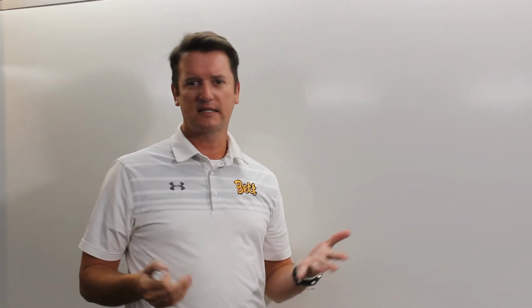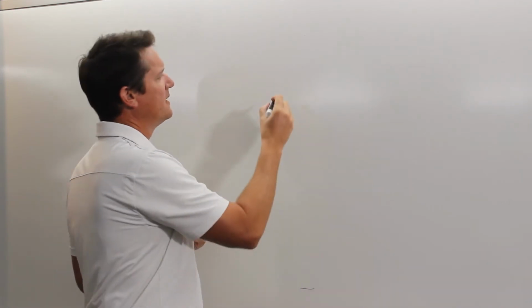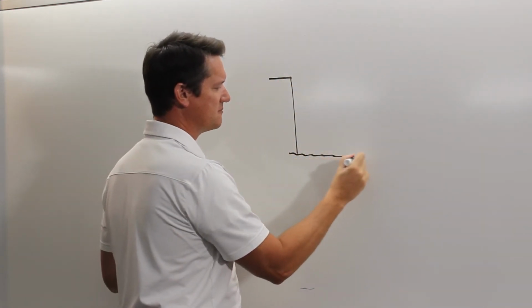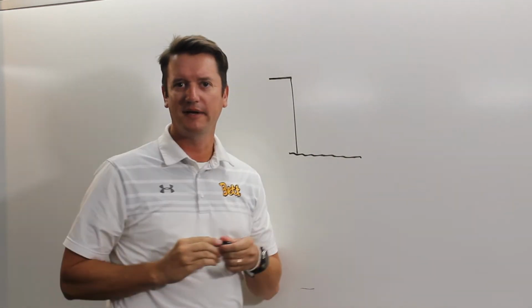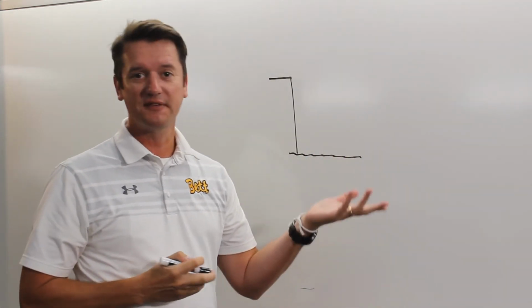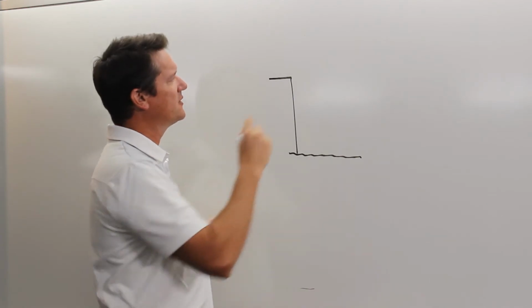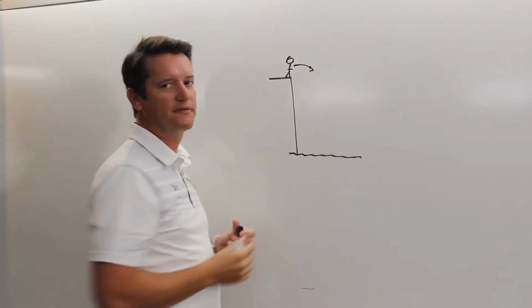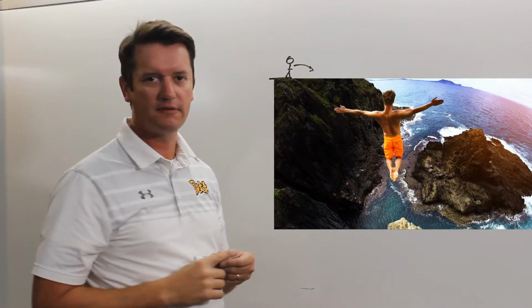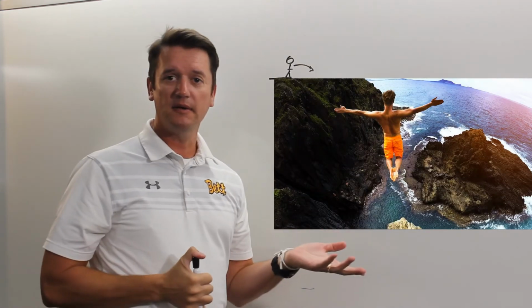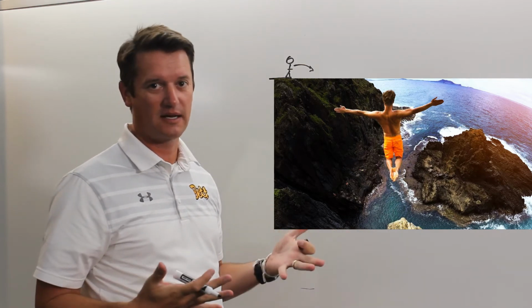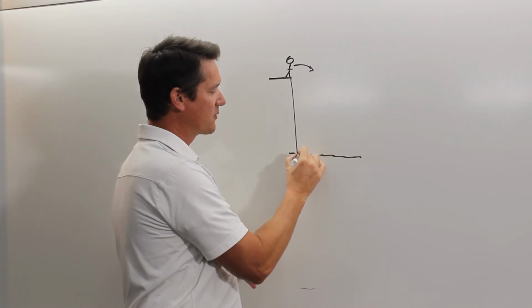If we look at a practice problem, let's take something we can just come up with here. Let's say I have a cliff, and the cliff is near some water. We have these Acapulco cliff divers or something. They are going to dive directly off of this cliff, and the idea here is that they need to actually clear some rocks. If you've ever seen these guys, it's kind of a dangerous thing. Let's say that there are some rocks here,